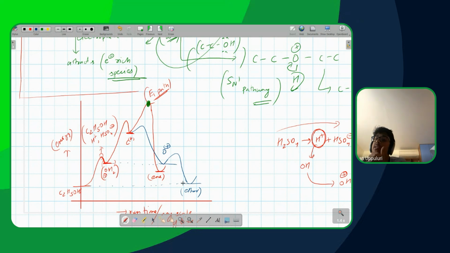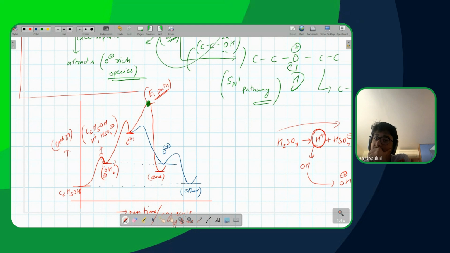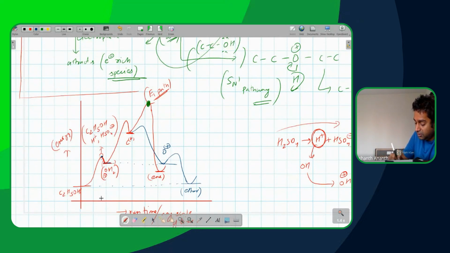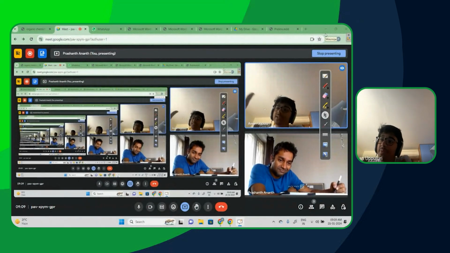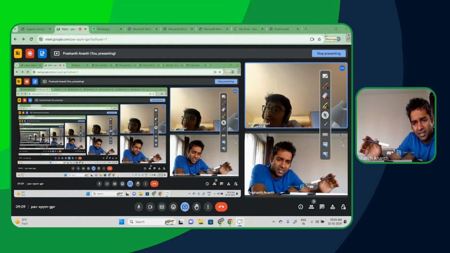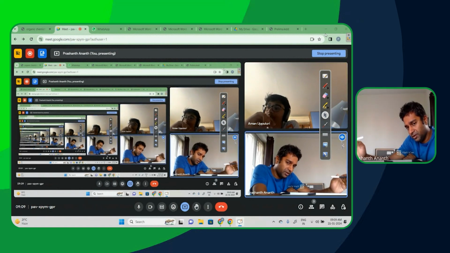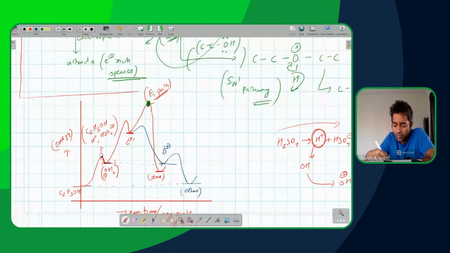Sir, why is the O plus supposed to be the most? Think. Isn't there also an HSO4 minus? My dear kid, what did I mention here? I said O plus and I pointed to this. I didn't point to this. No, but when the H plus reacts with the OH there, the HSO4 minus is still there in the solution, right? So it should be there in that dip as well, right? How are they behaving here in this part? Are they taking part at this point? When the O plus is formed, how is this O plus formed?